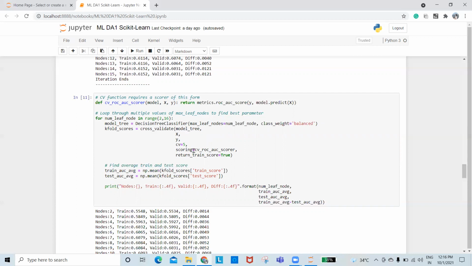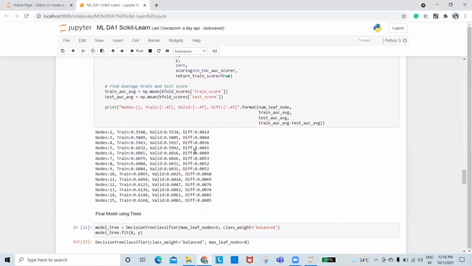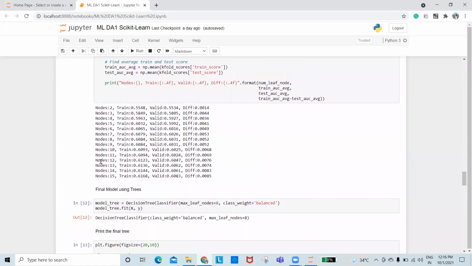Scoring is in the format of the CV_roc_auc_scorer. Take the mean of all the outputs. When we observe, for node 8 we'll be getting the highest AUC value.